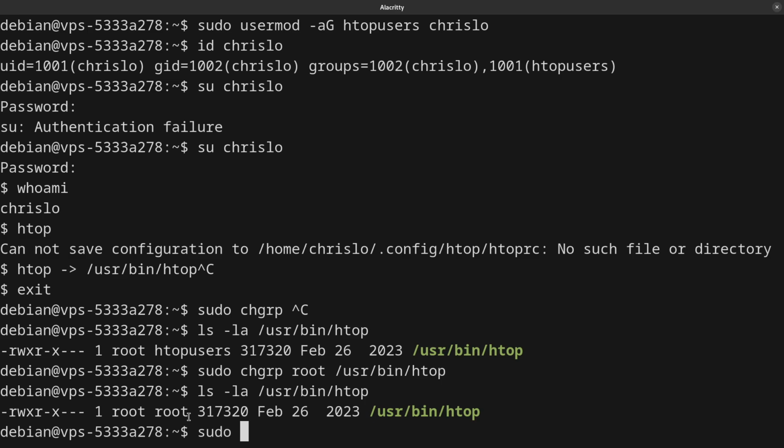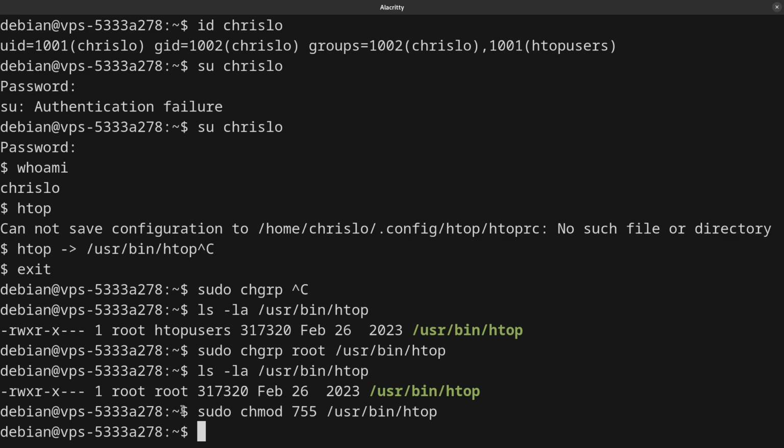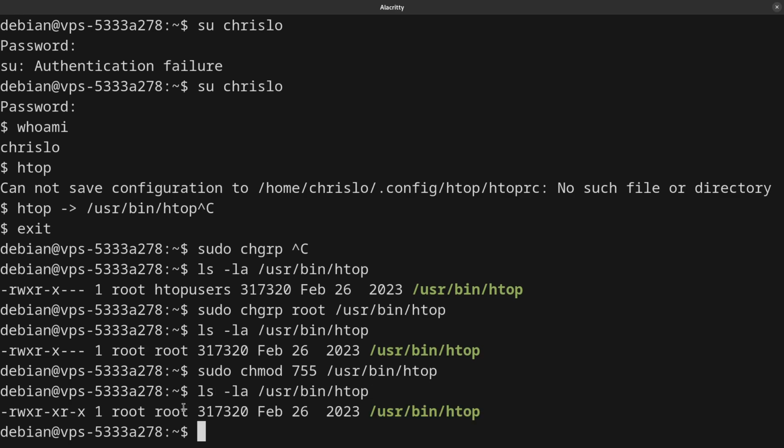You already know chmod, and by default, well, we put 750, but let's give others the permission to read and execute this file using the 5 at the end, user being htop. And I think that's all. If you look again, the previous configuration is already applied, and maybe we can remove the user Chryslo